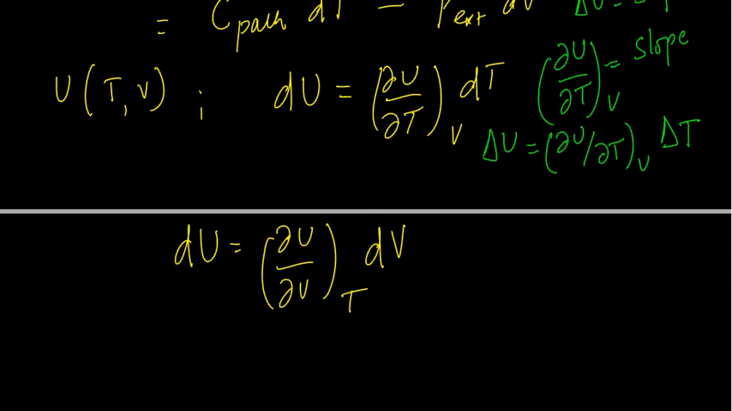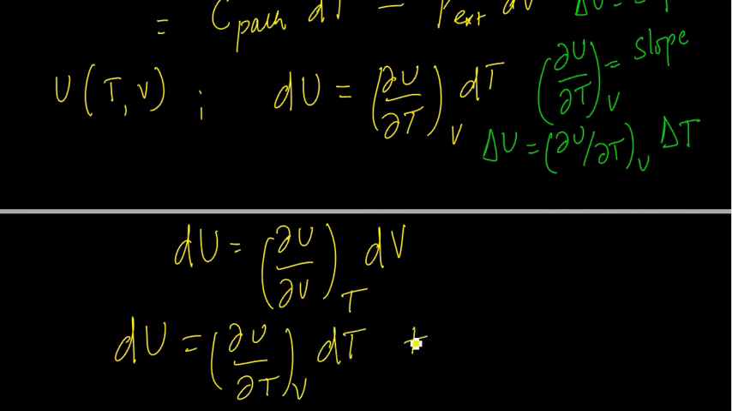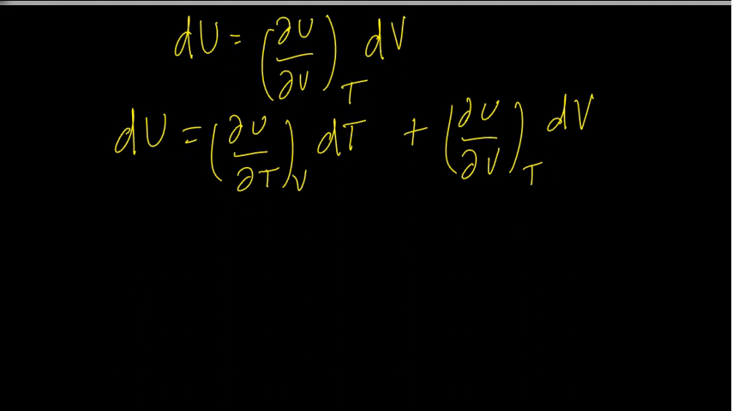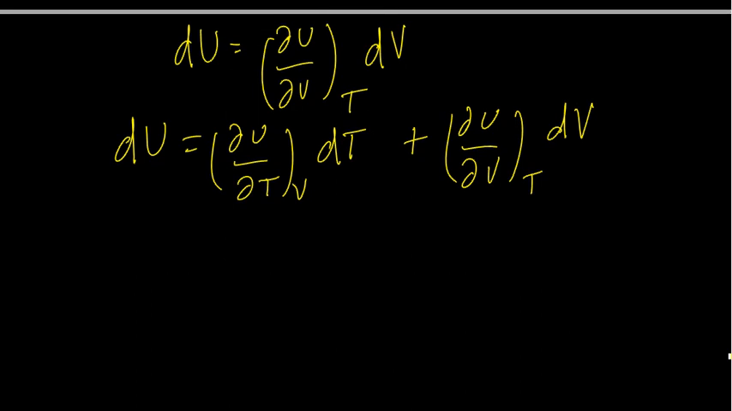Why I can do this is because these two variables are independent of each other, right? Only then can I do such things. So what I can write, if I can change it at will, is dU equals (∂U/∂T) at constant V times dT plus (∂U/∂V) at constant T times dV. And if I compare this with the previous equation that I just wrote, C of path times dT